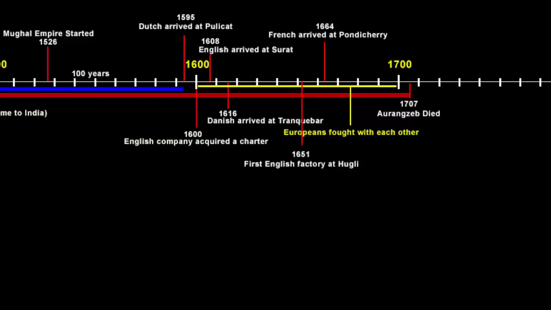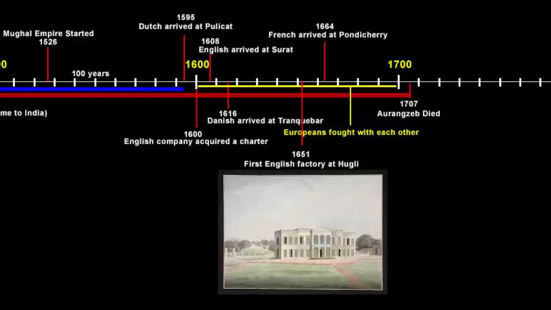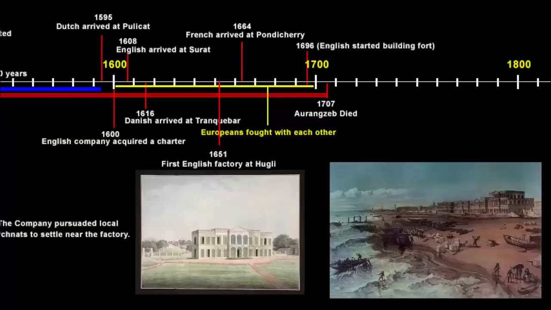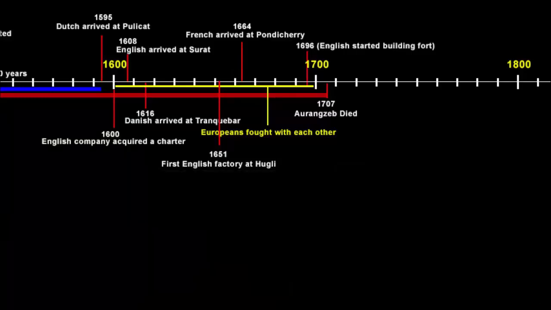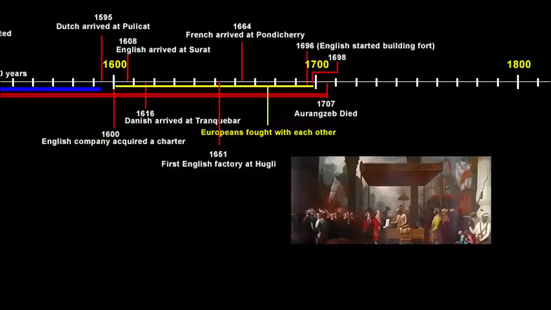of River Hooghly. Now this was an important step for the British because prior to this they only had a trading post, and now they actually built a fully equipped factory with warehouses to stock their supplies and also offices where the company officials would sit. As trade expanded, the company persuaded merchants and traders to come and settle near the factory. By 1696, it began building a fort around the settlement. Two years later, in 1698, it bribed Mughal officials into giving the company zamindari rights over three villages. One of the villages was Kalikata, which is known today by the name Kolkata.